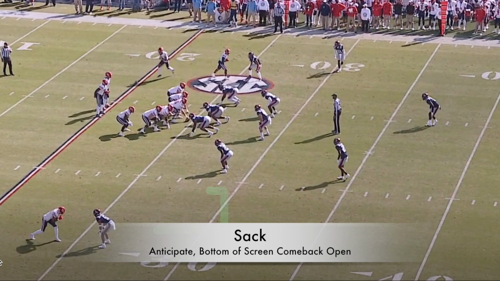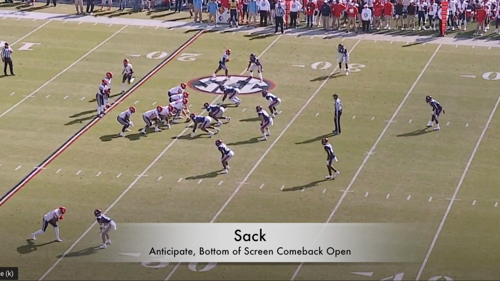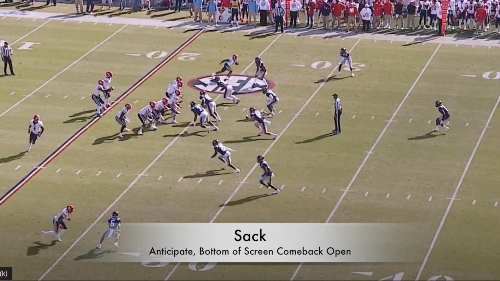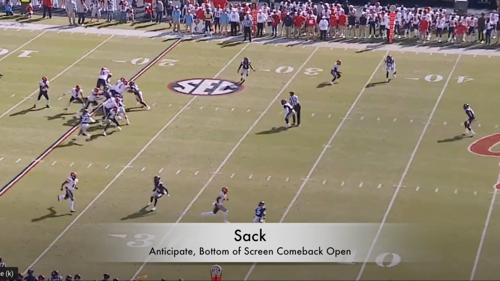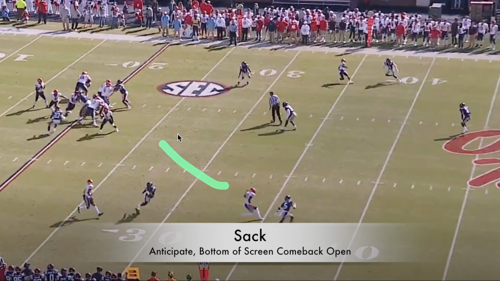So we're going to see bottom of the screen right here. This receiver is the open receiver. And again, we don't know what his reads were, what he was told to do. So take this with a grain of salt. But the anticipation factor has to be, okay, we got zone over here. So right when this happens, I see, okay, here, he's covered, come back around here,